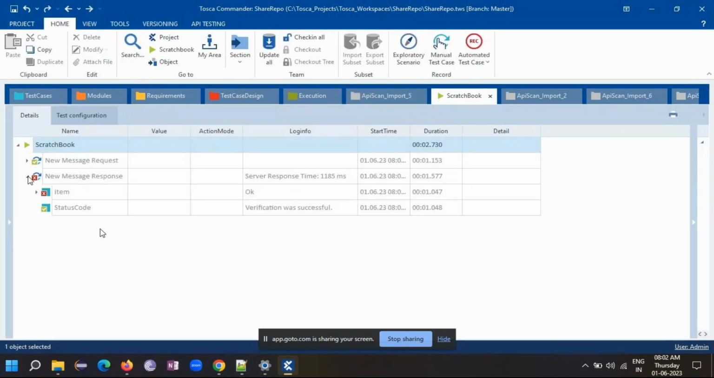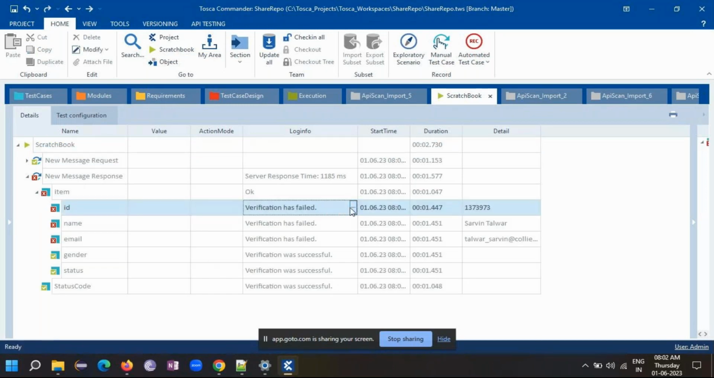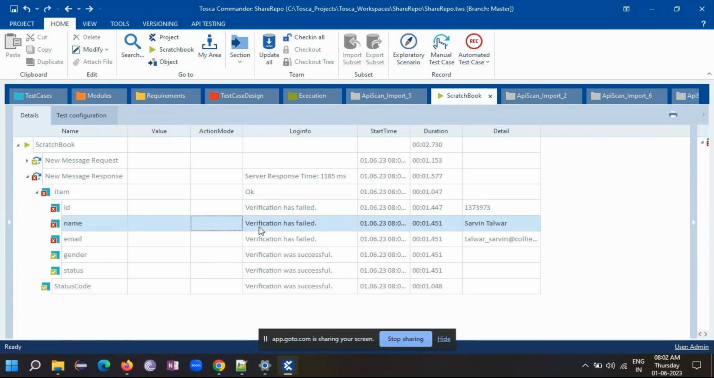Okay, so verification has failed. We have used the action mode as a verifier, and the expected value is this one, and the actual value is this one. So because of that only our test cases are failing, and accordingly we have to update our test cases. Okay, so we were expecting this name, and actually we are getting this name with that particular ID. Okay, so if any of your verifications fail, it will automatically fail your test cases. Okay,